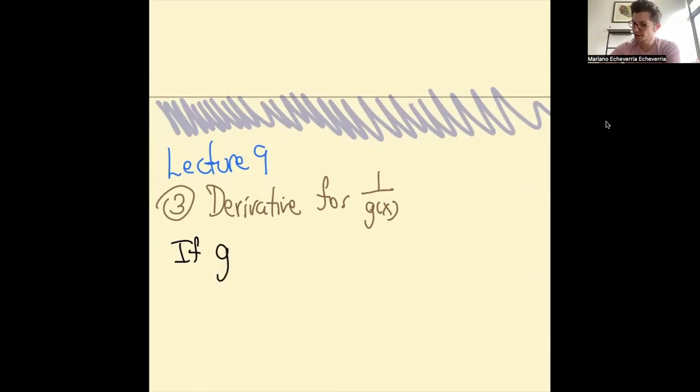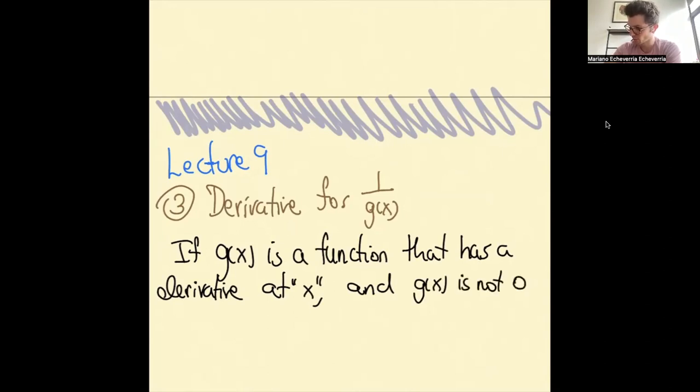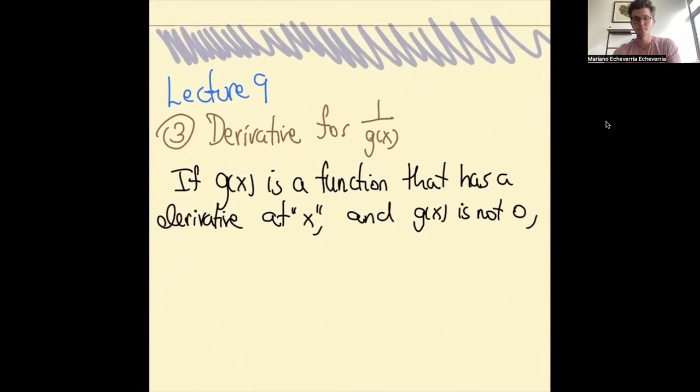So if g of x is a function that has a derivative at x, and g of x is not 0, then